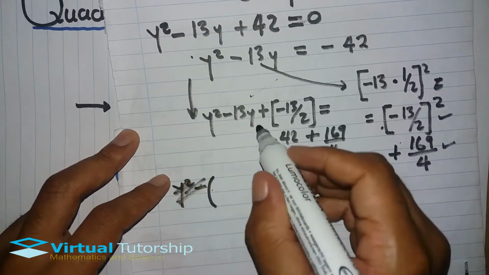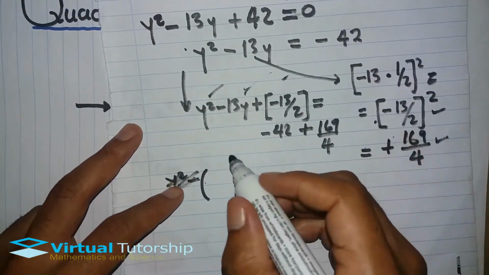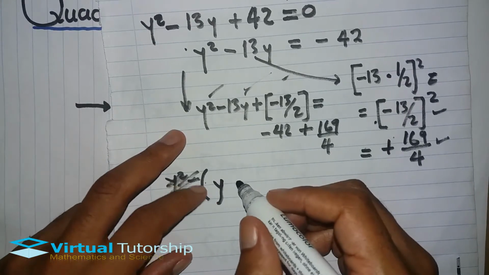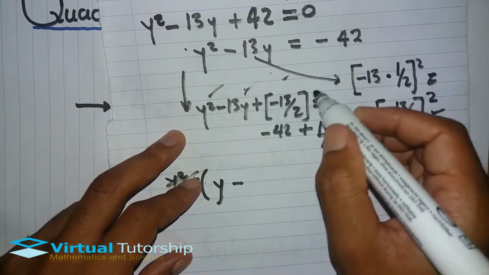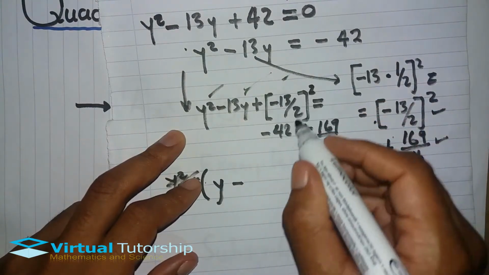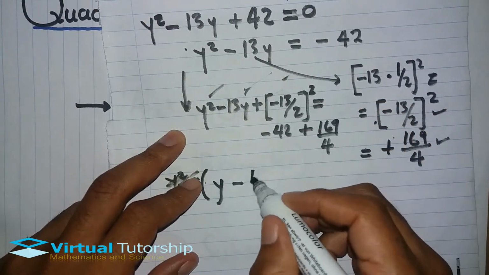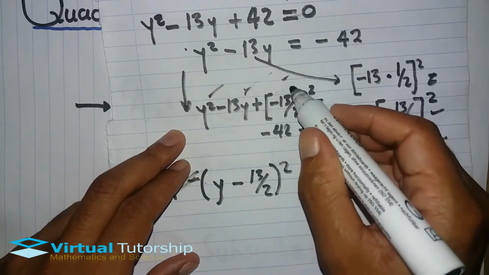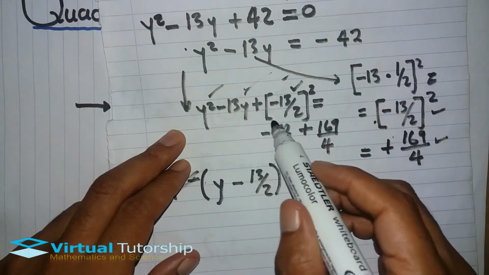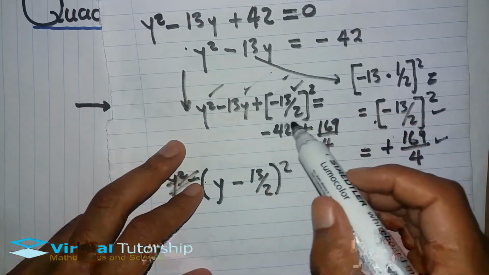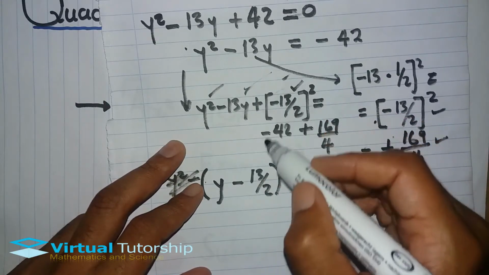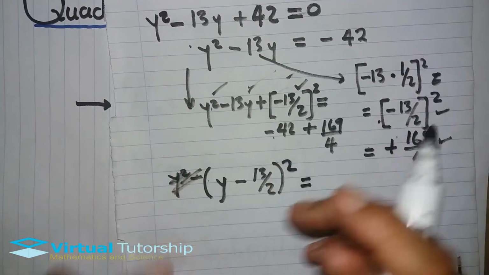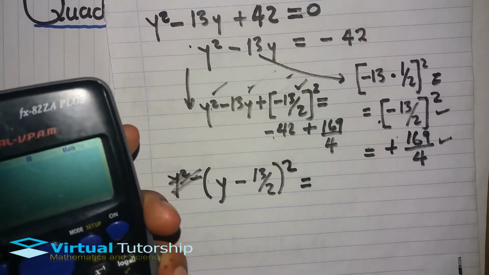Now it is a perfect square, a trinomial that is a perfect square. So now we factorize this thing, and we find that it's y minus, sorry, there's a square here, minus 13 over 2 all squared. This minus 13 over 2, I take inside the bracket, so you write this y, then everything squared is equal to, then I add these two terms, minus 42